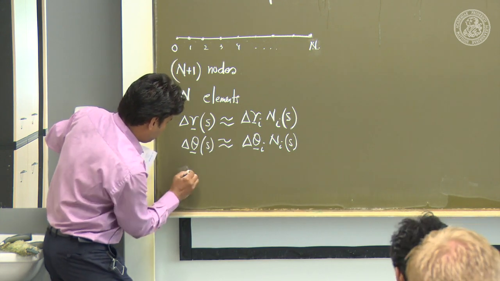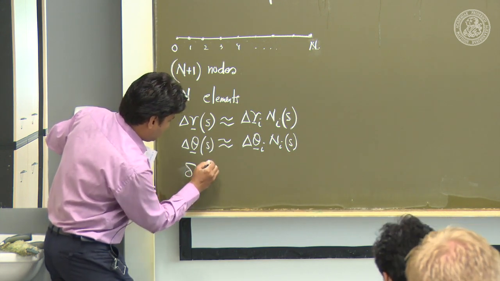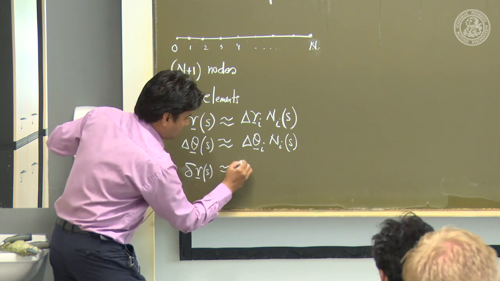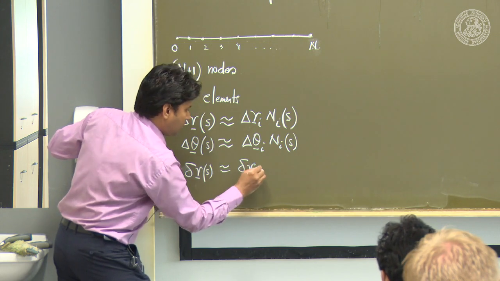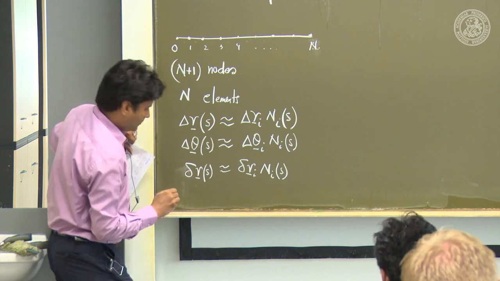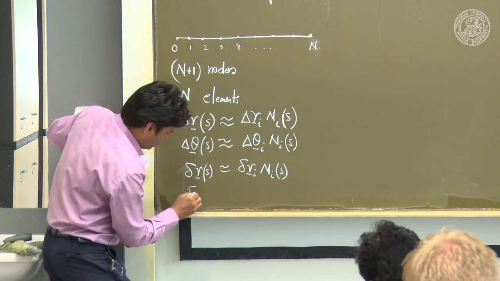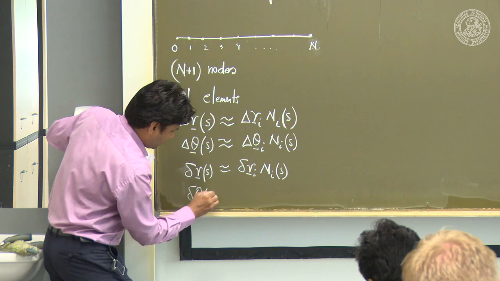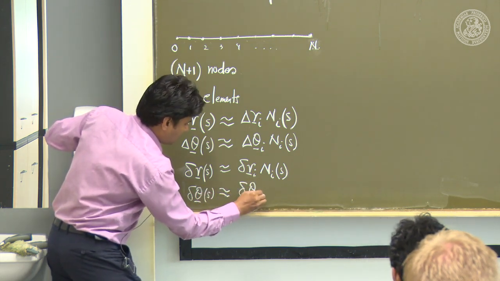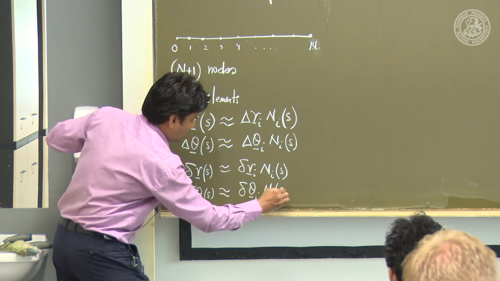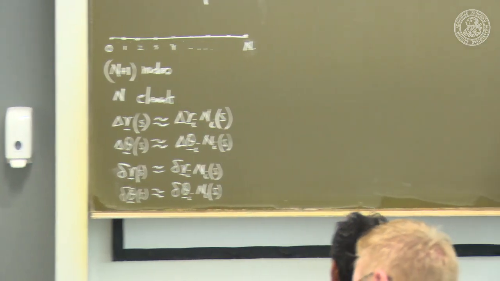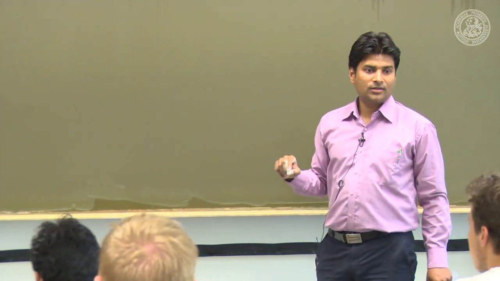So, that is del r of s, that also we approximate as some del r_i times N_i of s, and then del theta of s also as some del theta_i times N_i of s. Okay. So, N_i's are your shape functions,